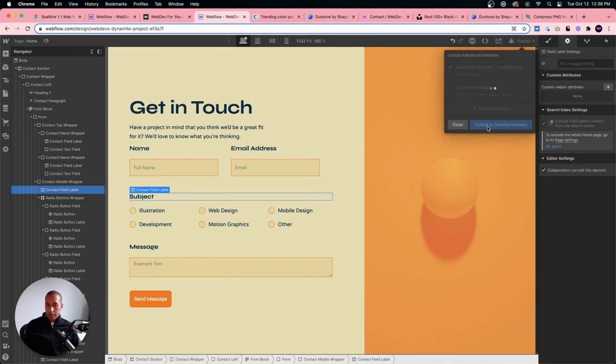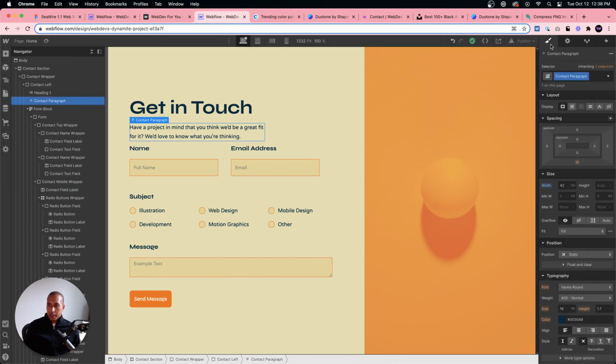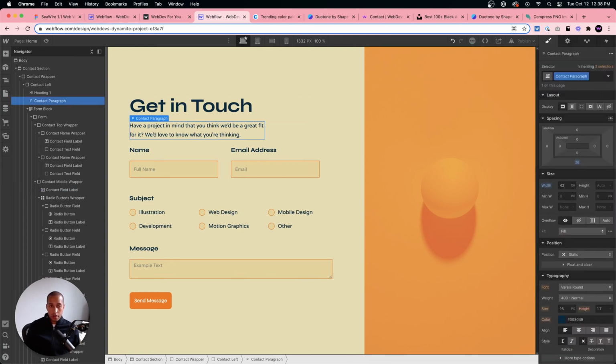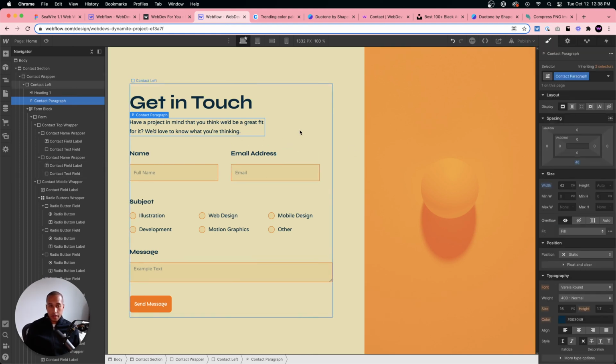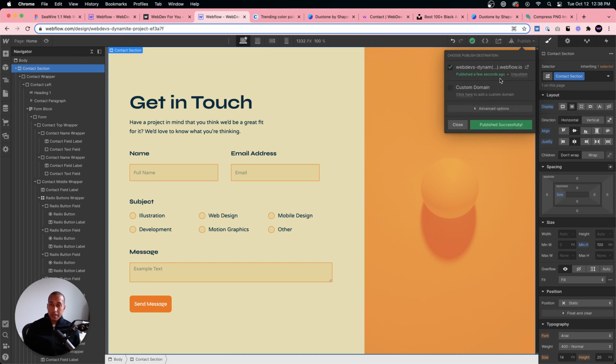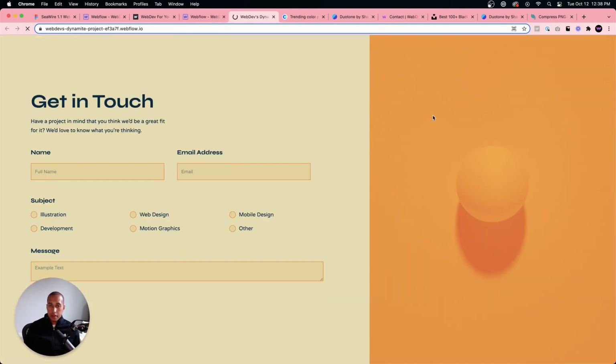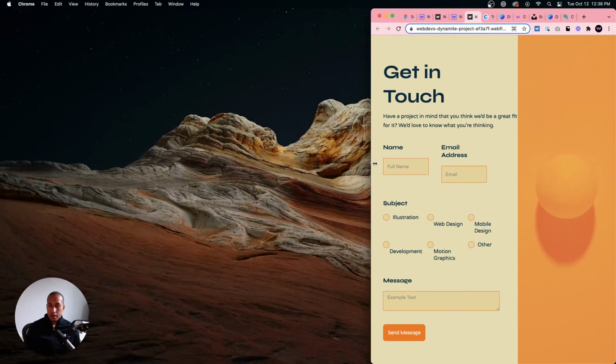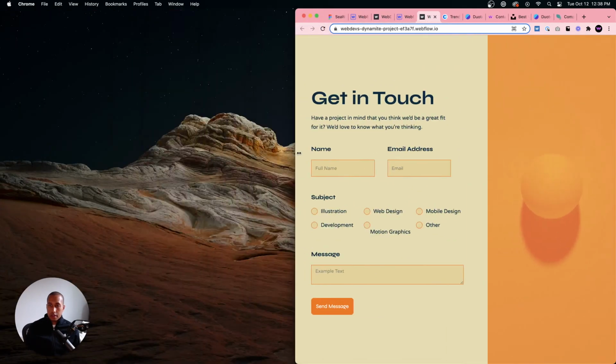Let's take a look, see how we did. And yeah, let me work on the margin here. This should be a little bit more, maybe 40. Yeah, that's better. Actually, that looks good. I like that spacing. The last thing we'll do is make it responsive. So yeah, that looks pretty good. Nice.